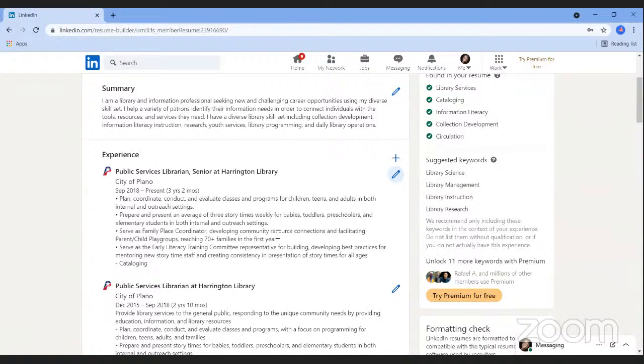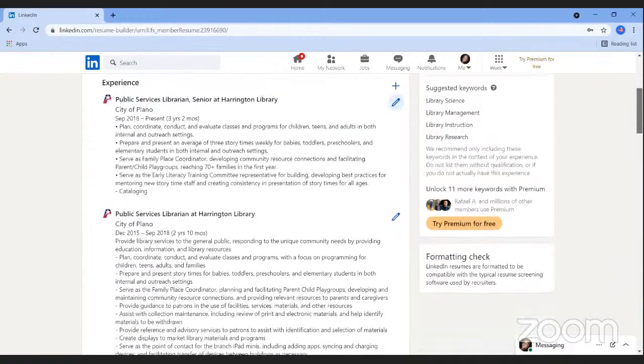You'll want to highlight 2 or 3 achievements per job, focusing on those that are the best match for this position. Remember, the goal here is that you're going to get that interview, which will give you a chance to elaborate on other examples in the future. And you'll likely want to include the most detail on your most recent position, since this is where you probably have the most impact.